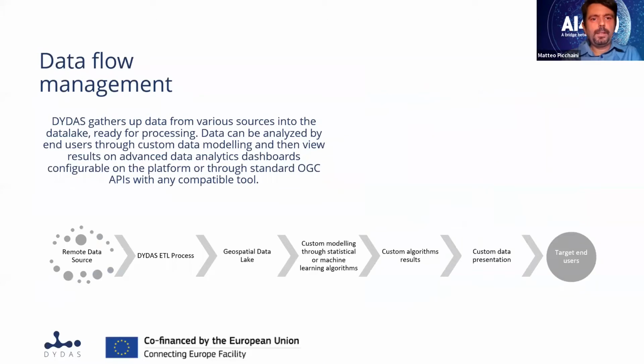DYDAS gathers data from a very heterogeneous ensemble of possible sources and makes it possible to directly upload or to directly connect the data repository online, and by a dedicated API which exploits the DYDAS ETL processes, the data that you can employ in the system will be automatically harmonized and put on a geospatial data lake, which solves the problem of dealing with such heterogeneous data sources,